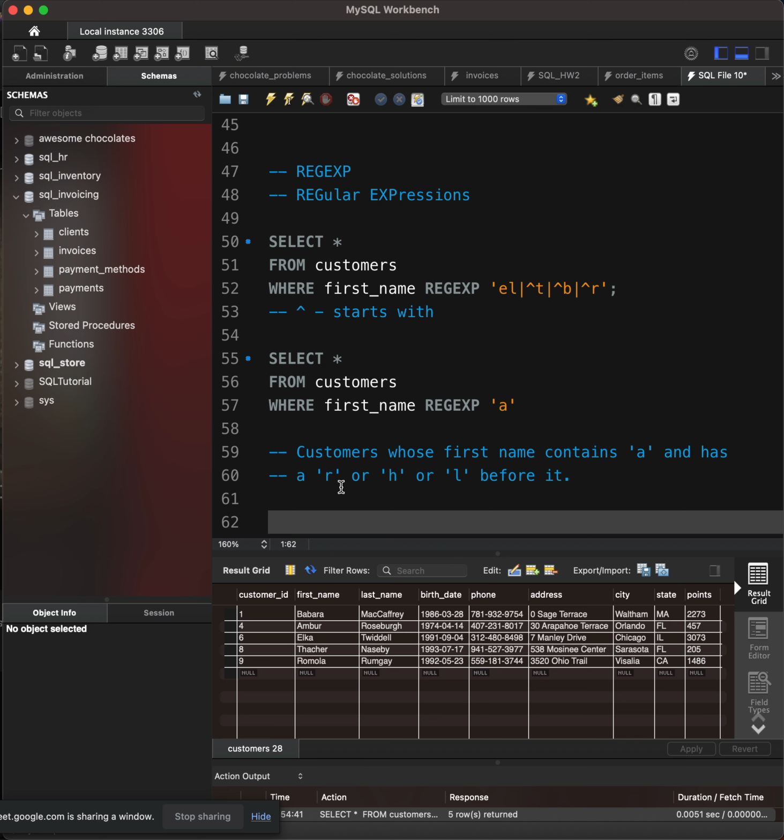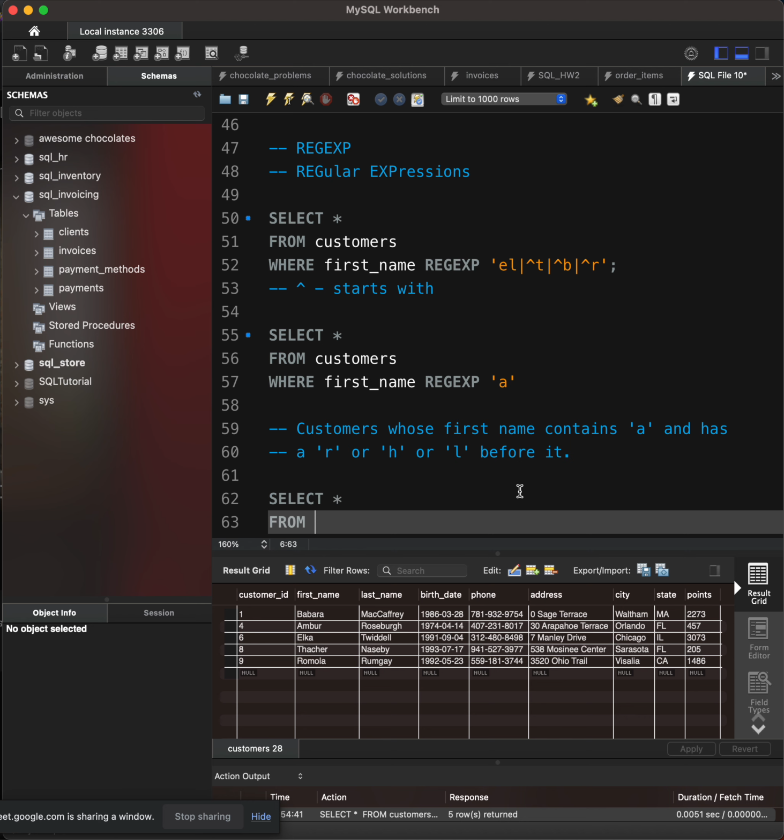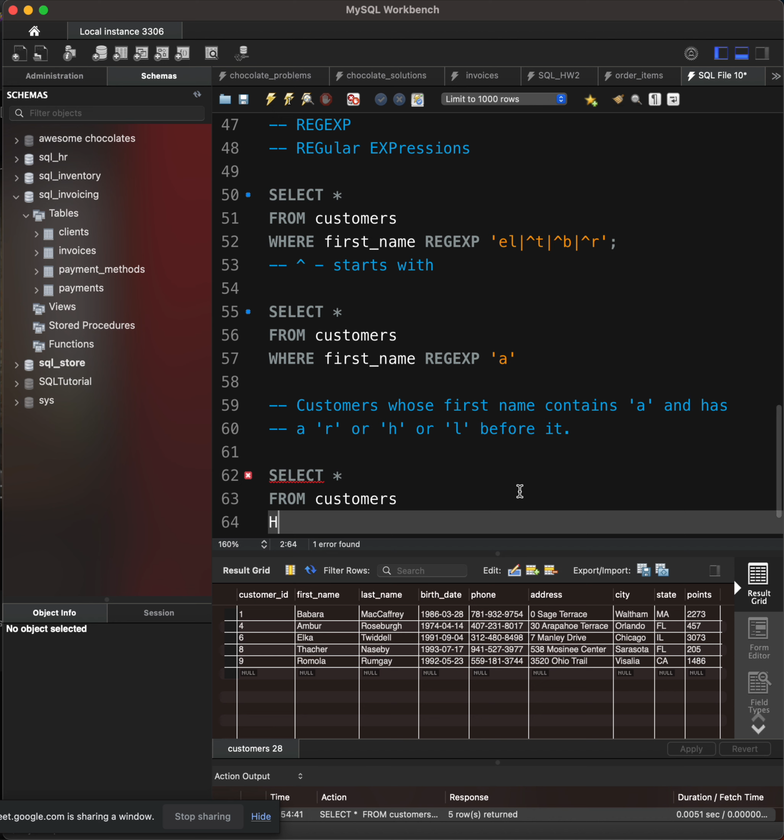So if we now want to pick out those names, it's not all the names we want to pick, but few names. The few names we want to pick are the ones that have A in them, and not just that they have A, but that before the A you see R, H, or L. And how do we do that? So we do select star from customers where